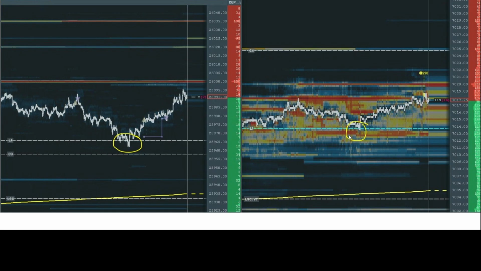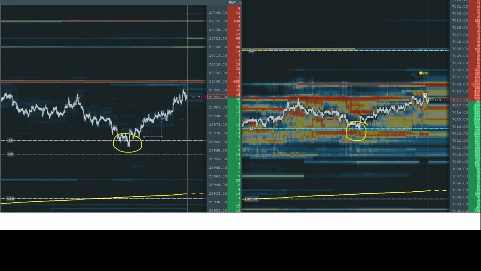Here the same, see this liquidity level in the ES, price retests the L1. Also we saw liquidity down the level, protecting a long position here. Maybe you can take advantage here. You can take a long position, with your stop loss below the liquidity. When you see that kind of information, stops,